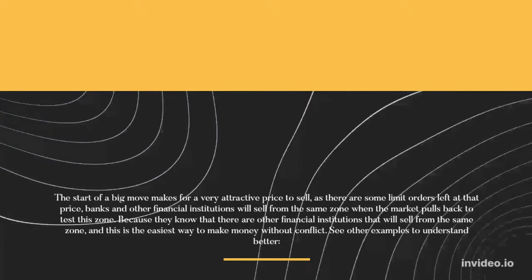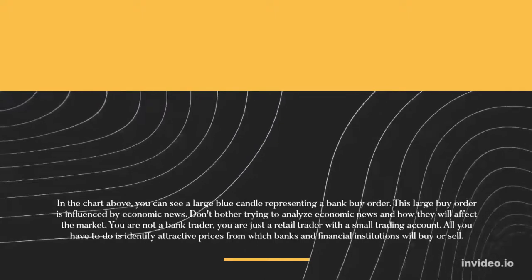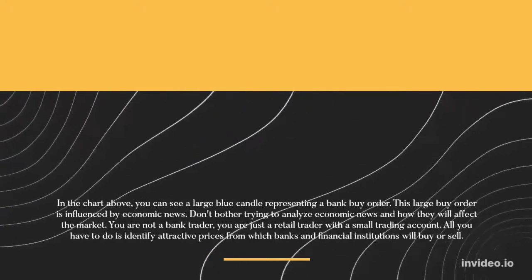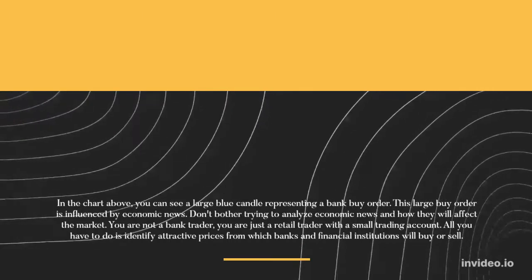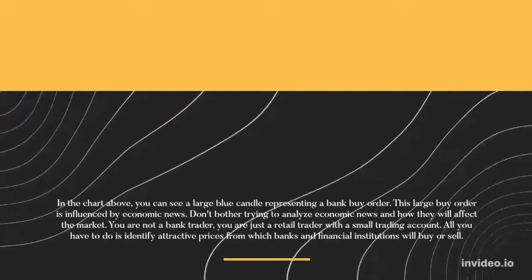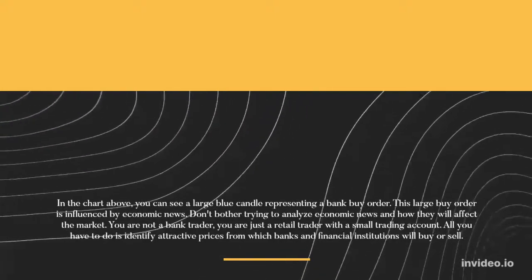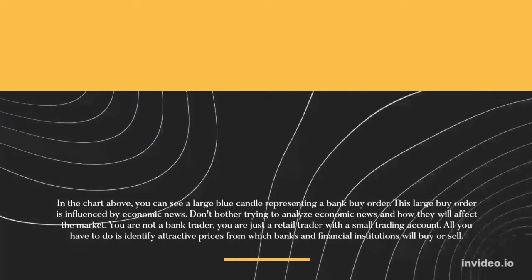See other examples to understand better. In the chart above, you can see a large blue candle representing a bank buy order. This large buy order is influenced by economic news. Don't bother trying to analyze economic news and how it will affect the market. You are not a bank trader, you are just a retail trader with a small trading account. All you have to do is identify attractive prices from which banks and financial institutions will buy or sell,